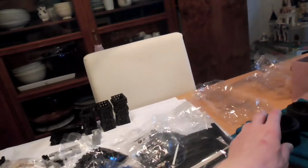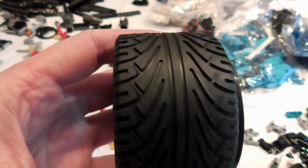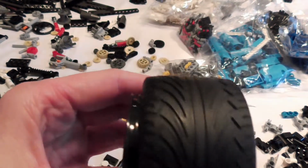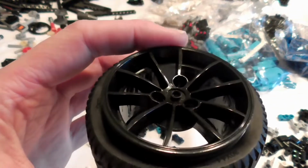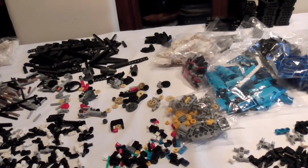The rims here, tires are looking good. Have a nice cut-in design, like a real race. Rims are okay. So far,